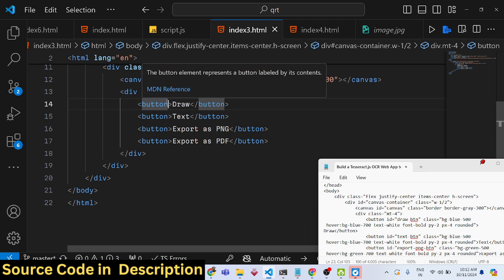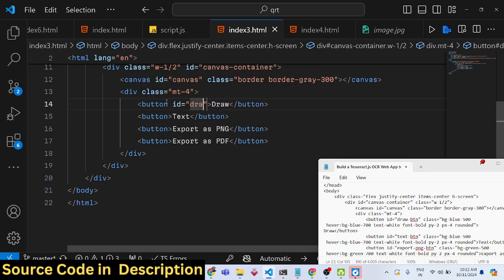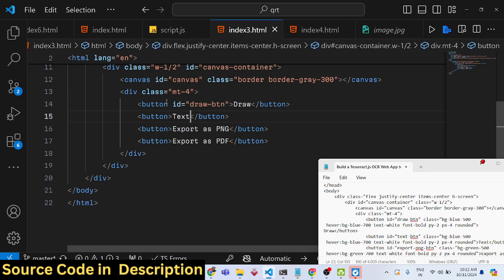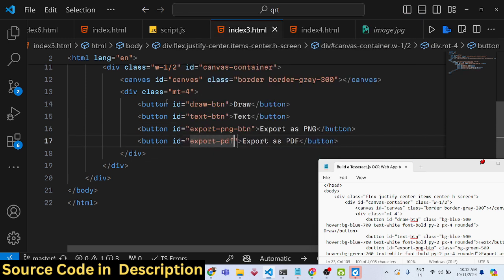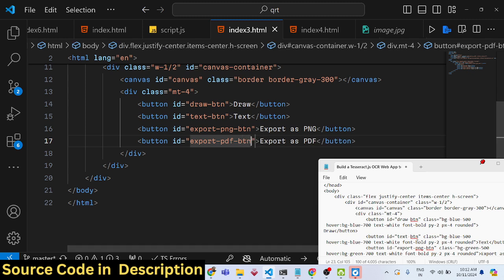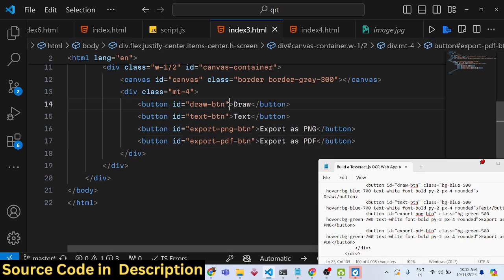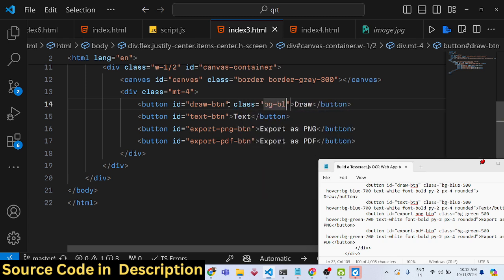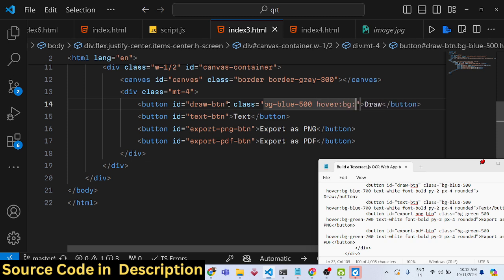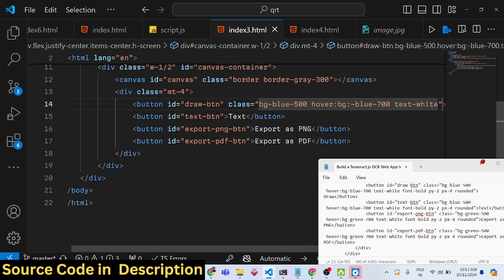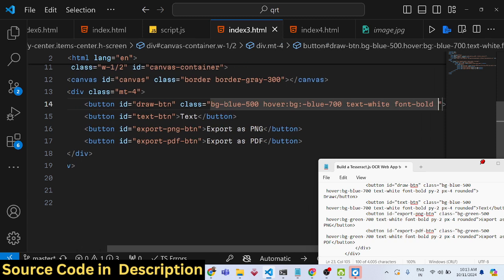So we can give it first of all an ID here, draw-button. This one will be for text-button. This one will be export-png-button. This will be export-pdf-button. And then for the classes, we are actually using Tailwind classes, bg-blue-500. It will change the background color to blue. When we hover onto this, text will be white, font-bold, py-2,